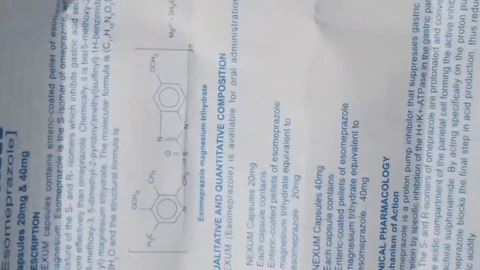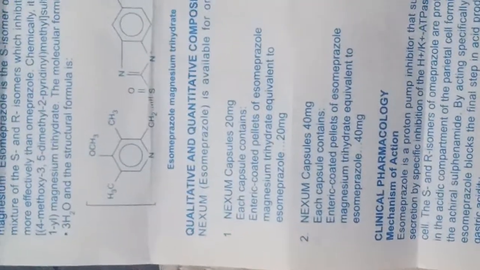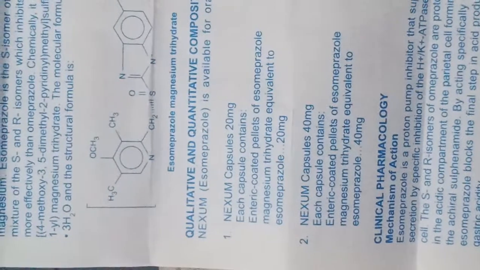Chemically, it is a bis 5-methoxy-2-[(S)-[(4-methoxy-3,5-dimethyl-2-pyridyl)methyl]sulfinyl]benzimidazole magnesium trihydrate. The molecular formula is C34H36N6O6S2Mg·3H2O, and the structural formula is this. Esomeprazole magnesium